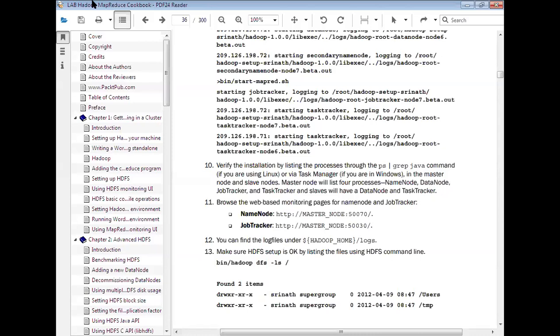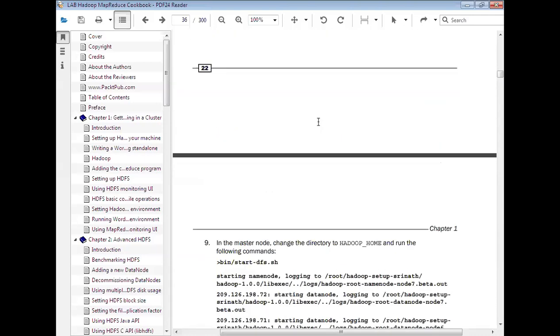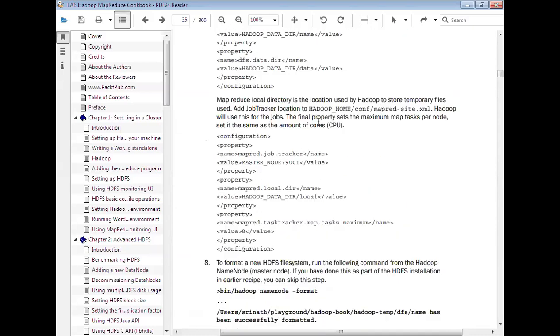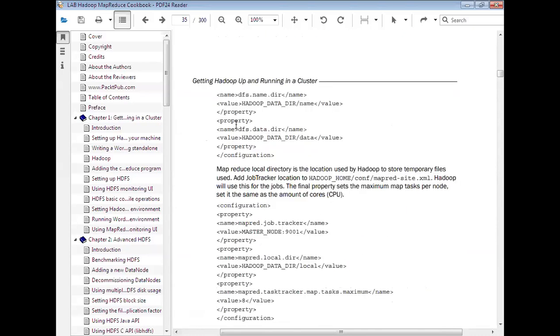These are the configuration files to be configured for both pseudo distributed mode and fully distributed mode. In pseudo distributed mode, we need not focus much on these directories,